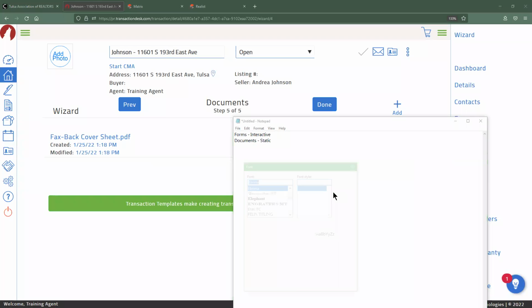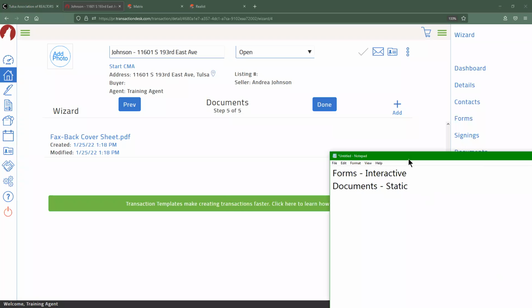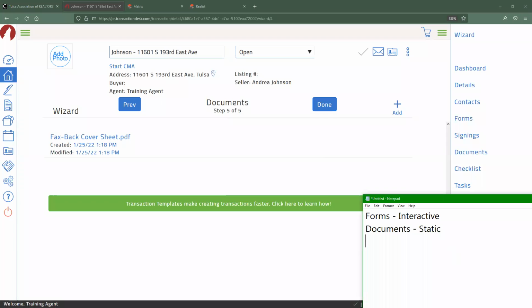Now, the reason why they have these separated out the way that they do is because, again, forms are something that we actually have a little bit of control over. So for instance, if we have sellers that are going to be having their names appear, and then they also need a signature block nearby, or there's a piece of information that we filled out, like the transaction date or the legal description, forms are actually going to grab that information and fill it in for you.